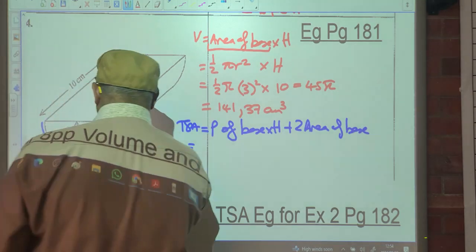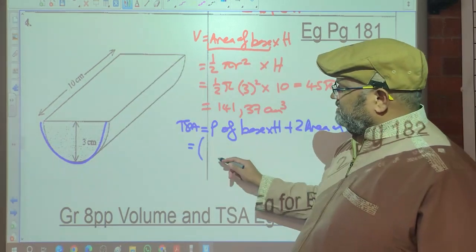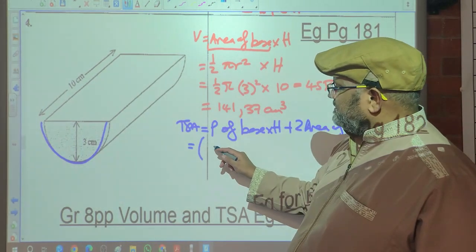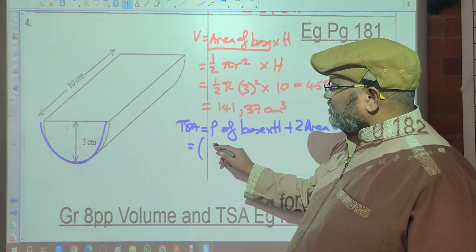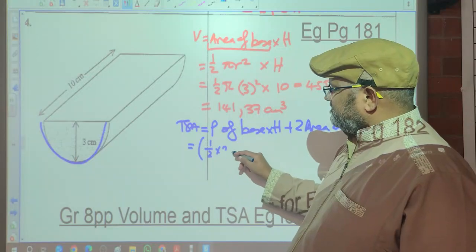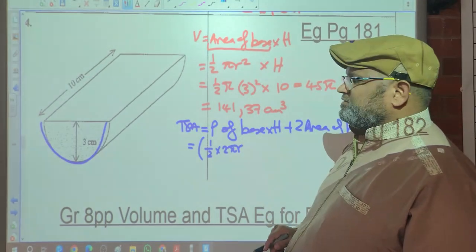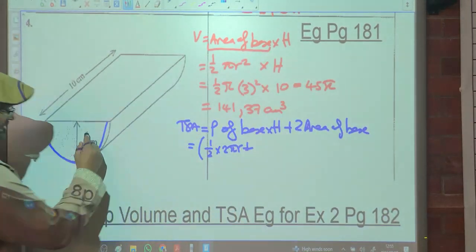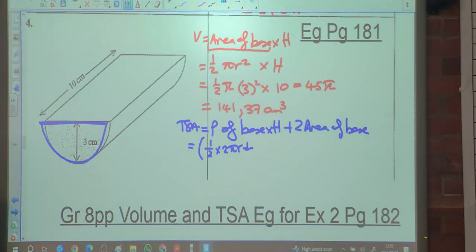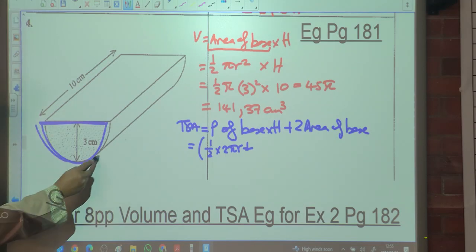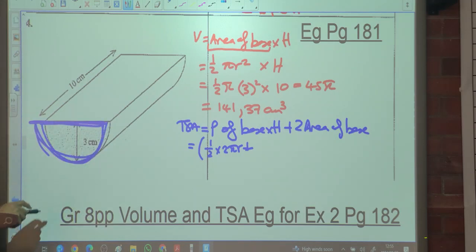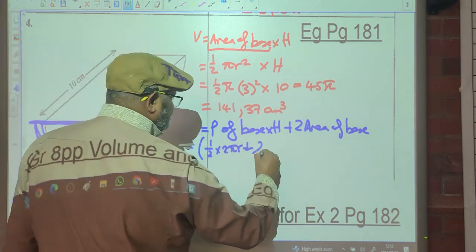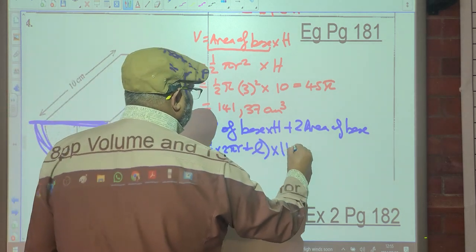How do you calculate the perimeter of a circle? 2 pi r, but it's half of that. Now the perimeter of this base must include that length as well. So the perimeter is everything on the outside of that shape. So it's plus that length, times the height, plus